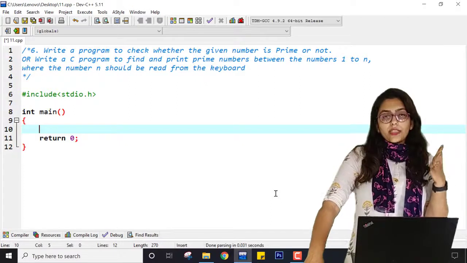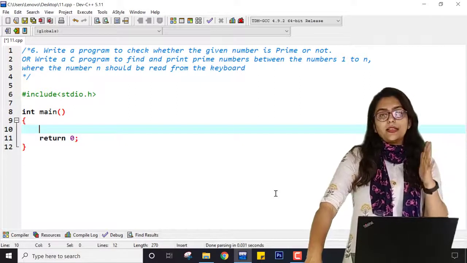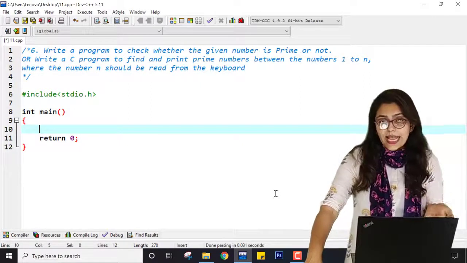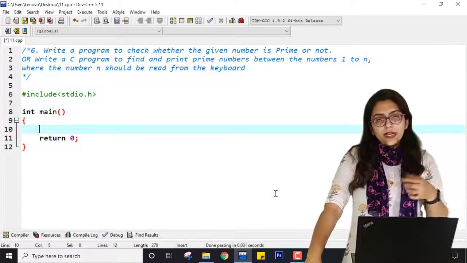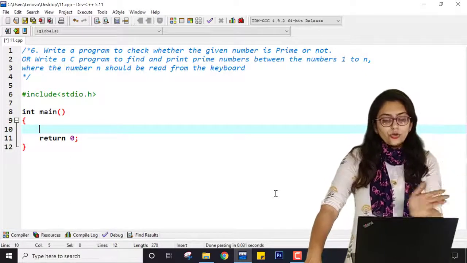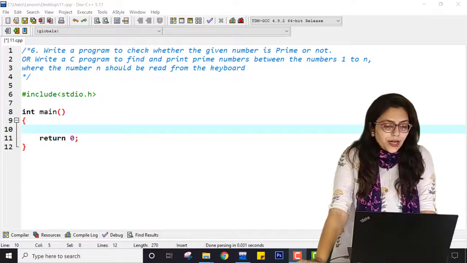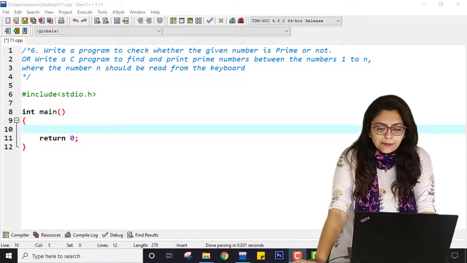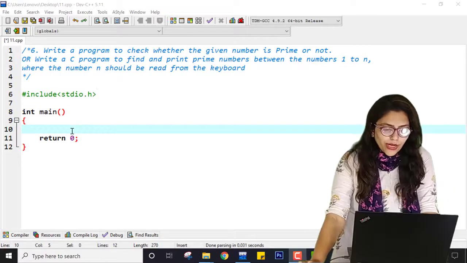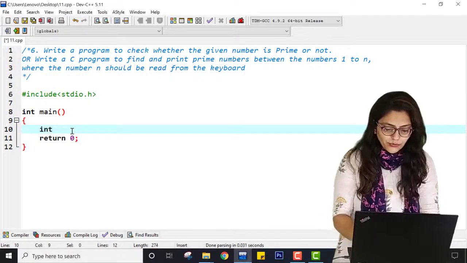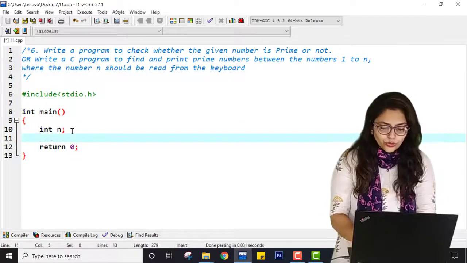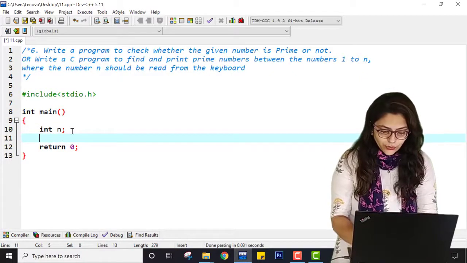First of all, you can just pause this video and try to implement this logic by yourself using loops. If you don't understand and don't get the answer, you can go further with the video. So what can I do to check if the number is prime or not? First I will take one integer variable from the user to enter the number to be checked for prime, right?